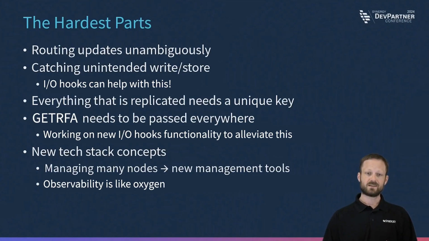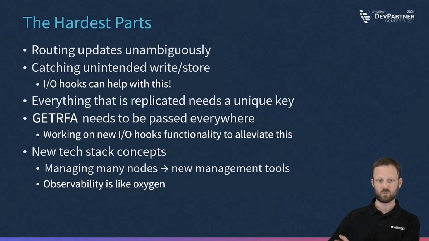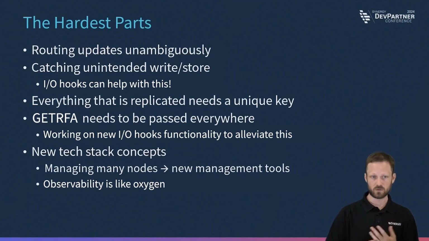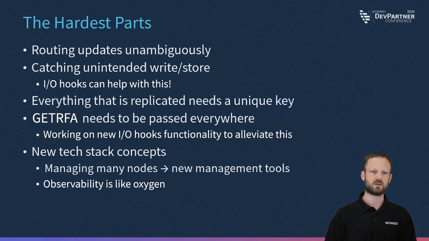Everything that's replicated needs a unique key. We are doing replication. SQL replication has the same issue. We need unique keys in order to say that record already exists on the destination system. I'm doing an update. If we don't have a unique key, we don't have a way of knowing what record we're actually trying to update. So everything always needs to have at least one unique key, and that's harder in some systems than it is in others. In the RCC code base, that wasn't actually that hard, but your mileage may differ.